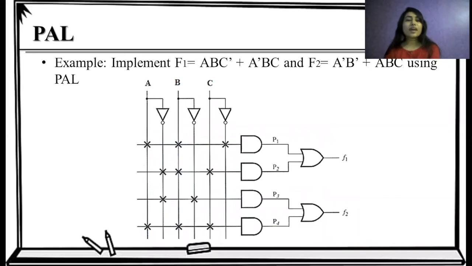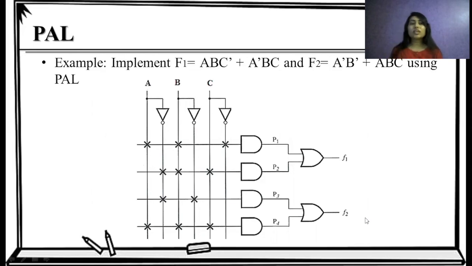So here we have a logical diagram of these logical functions using the PAL architecture. Here we have our two logical functions, and as we have 2 OR gates, we can implement them. If we have more than 2 functions, we can just increase the number of OR gates and AND gates according to our requirement. Okay, this is basically a theoretical concept. Whenever we have more functions or more terms, we can just increase the AND gates and OR gates according to our requirement.